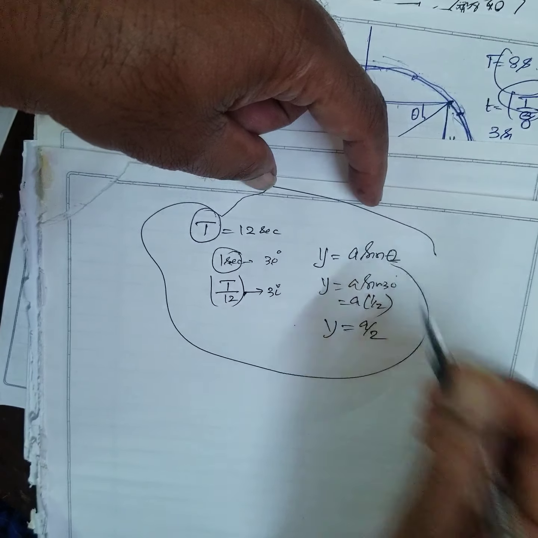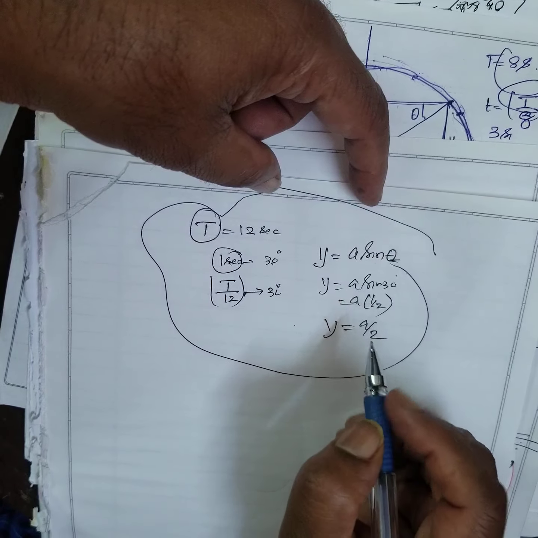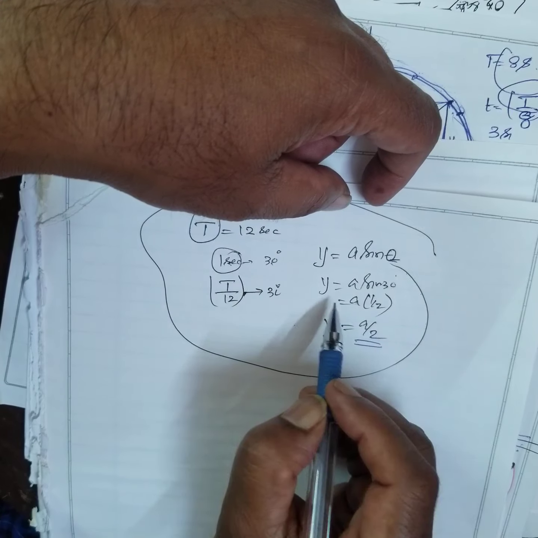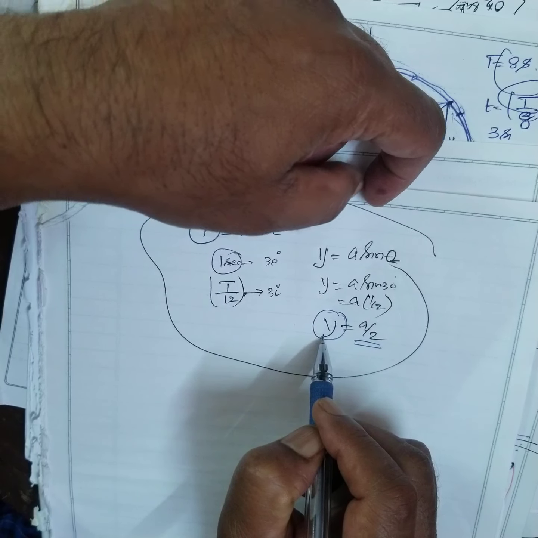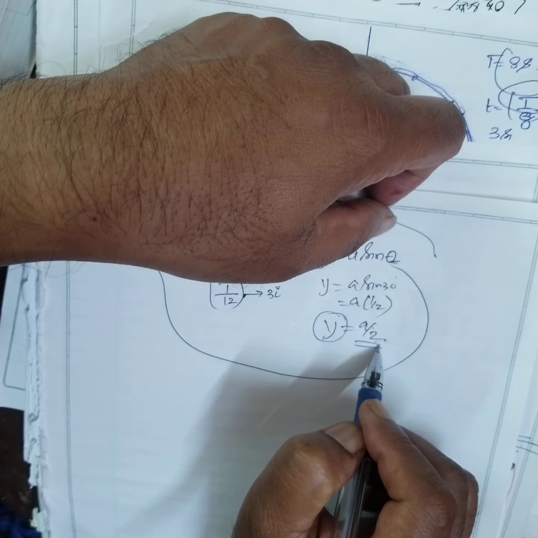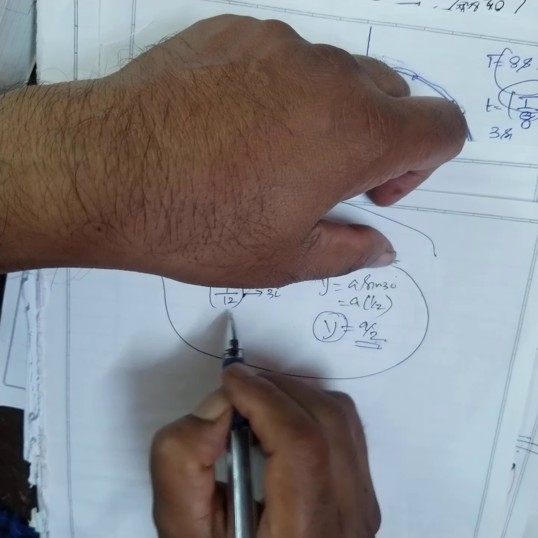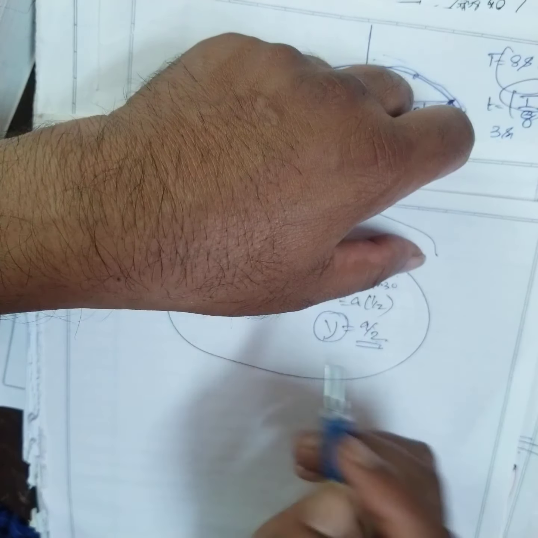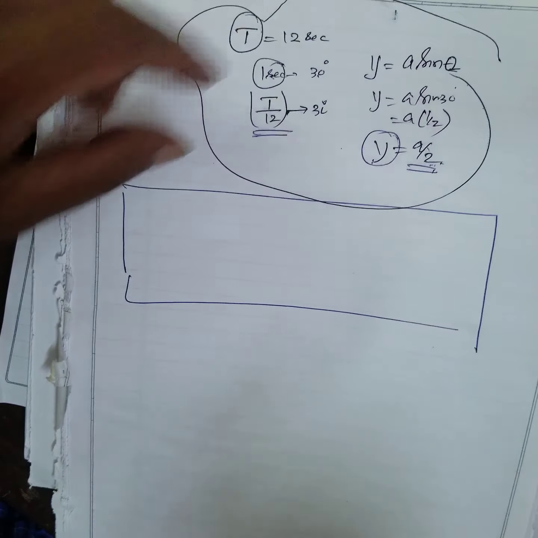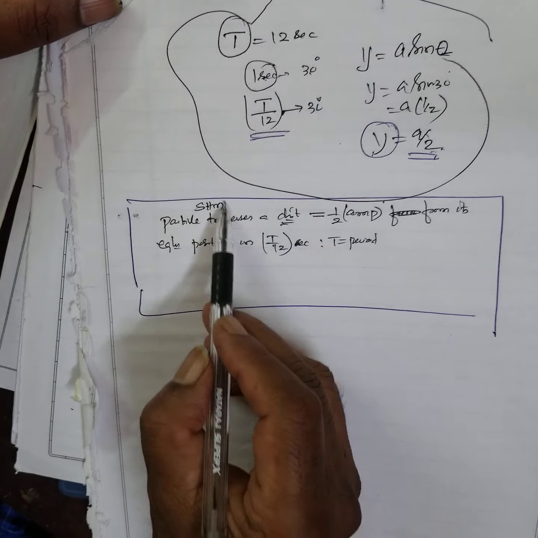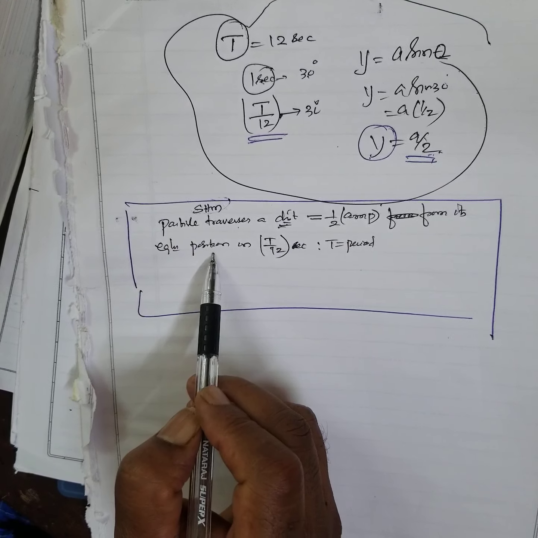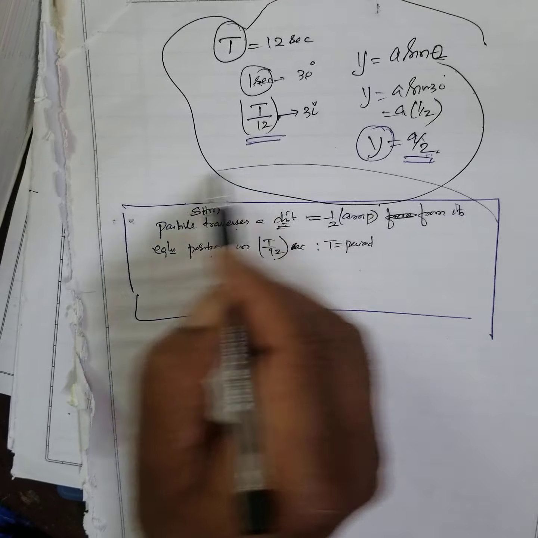See, this they have asked in English clearly. During simple harmonic motion, the particle travels a distance equal to half of its amplitude from its equilibrium position in how many seconds? T by 12 seconds, where T denotes the time. I will write it in a sentence, then you will understand clearly. A body is executing simple harmonic motion. The particle travels a distance equal to half of its amplitude from its equilibrium position in T by 12 seconds. See, understanding this itself is very, very difficult.